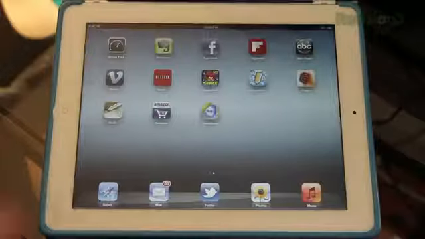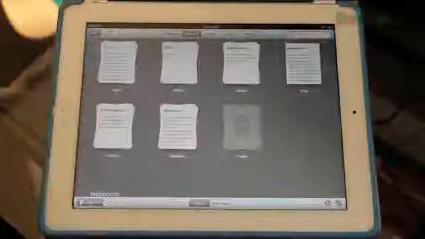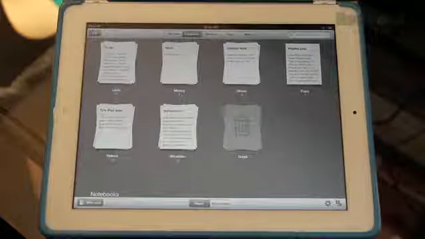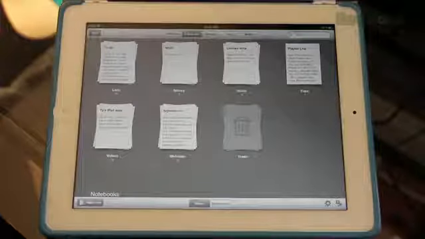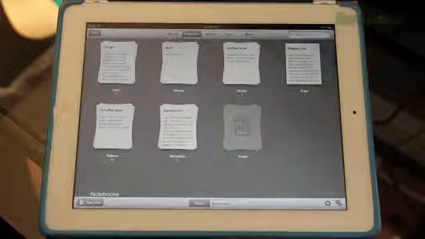Next up is an app called Evernote. You guys may or may not have heard me talk about this. It is a free app in the App Store, and it is probably my most used app on my iPad, my Mac, and my iPhone. I love this. It's pretty much on every device you'll need, and what it allows you to do is make notebooks,